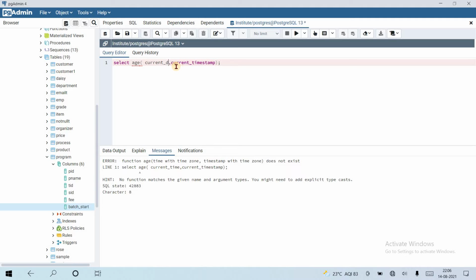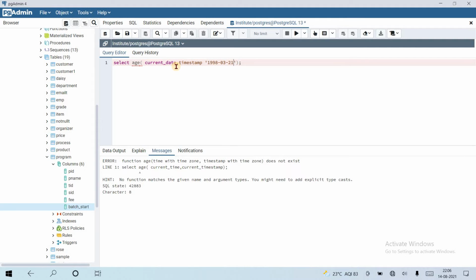Okay, so we can calculate the age of only a date with a timestamp with some date. Suppose this is the older date, 1998-03-21.